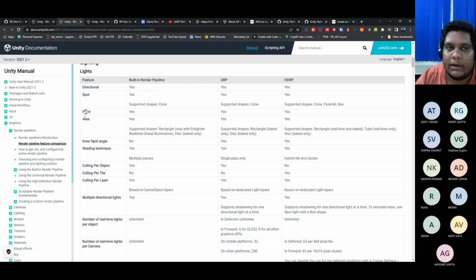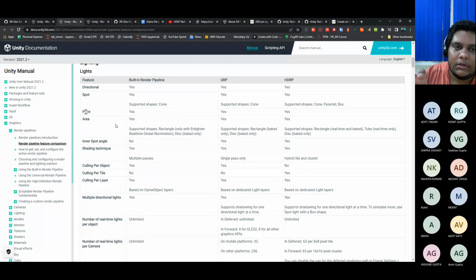Generally in Unity, if you right click or add a component, then you'll see these three different lights under lighting as well. So spotlight is basically a light where it's a point, and then you can define the shape at a very specific spot. Sorry, in this you don't define the shape, it's a conical shape only for built-in and URP. As you can see, the shape has been written. So conical, think of a street lamp. If you have a street lamp, it is basically a conical presentation of light. So that is the spotlight.